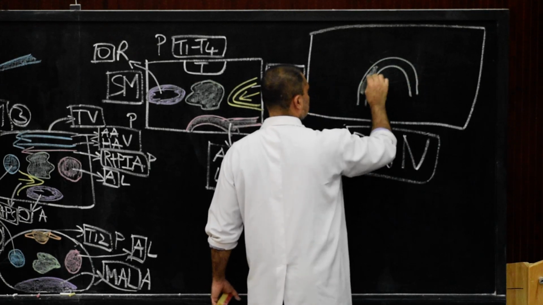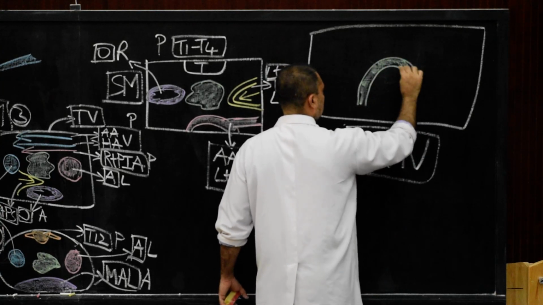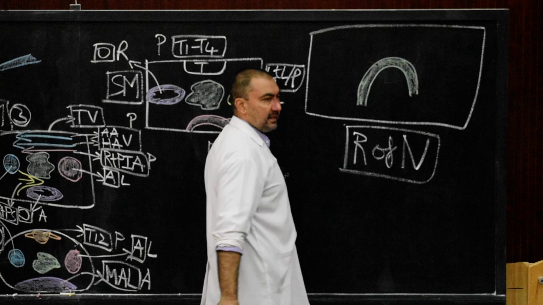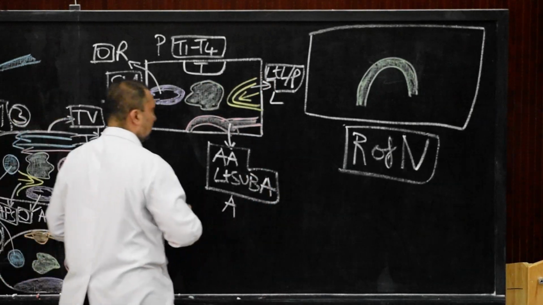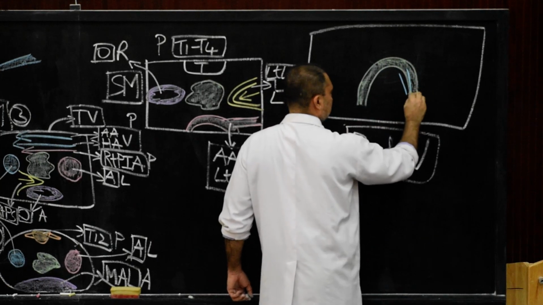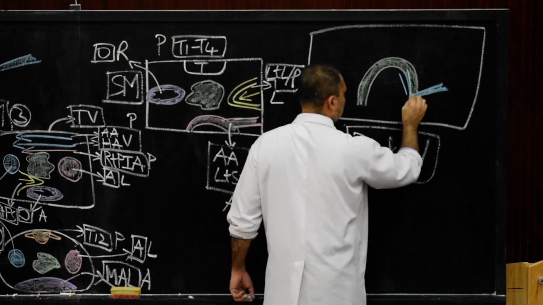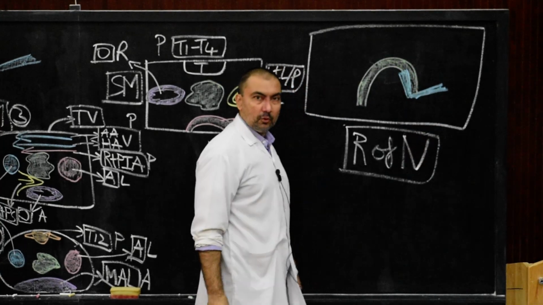We will show this thoracic duct in the form of an arch, because in the root of the neck this is the arch, and it will open where? Into the left internal jugular and left subclavian vein. We know that it will open here into the left internal jugular and left subclavian vein. So this is where it will open.